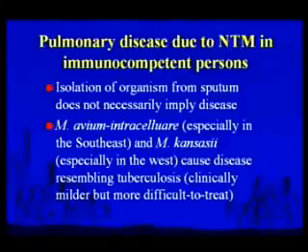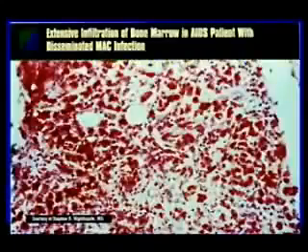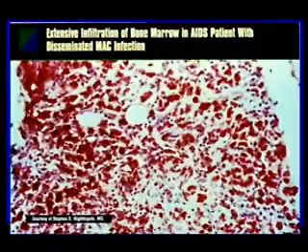Looking at pulmonary disease, these mycobacteria can cause pulmonary disease, and the two most famous ones there are MAC, M. avium intracellulare, and Mycobacterium kansasii, which is expected in the West. And the deal with these organisms is that they're not as aggressive as TB, but are much harder to treat. When I saw a slide like this early in the AIDS epidemic, I knew we were in a lot of